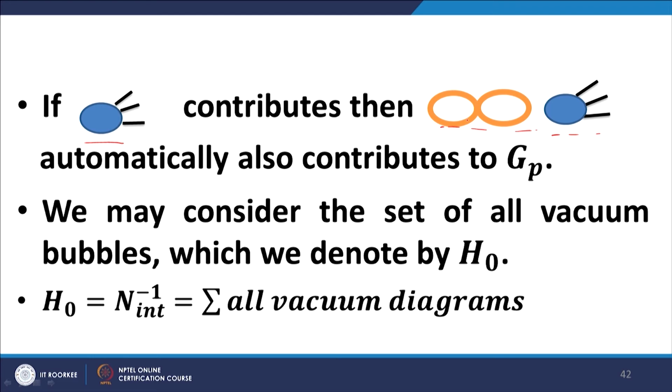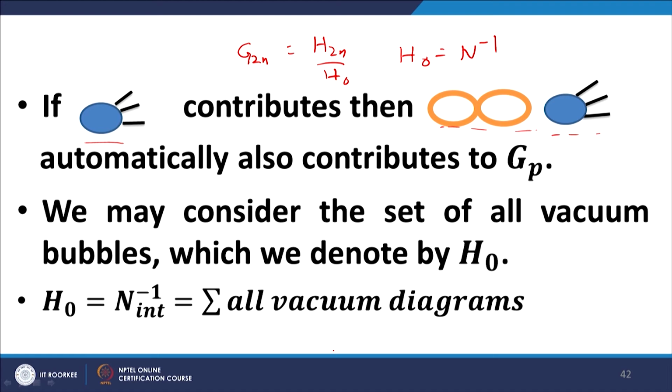In terms of interpretation, they really relate to the normalization of the theory. H0, the denominator in the green function, recall the expression for the green function. The expression for the green function was G2n is equal to H2n upon H0, where H0 was related to the normalization. So, H0 is related to these vacuum bubbles. H0 represents the sum of all these vacuum bubbles.